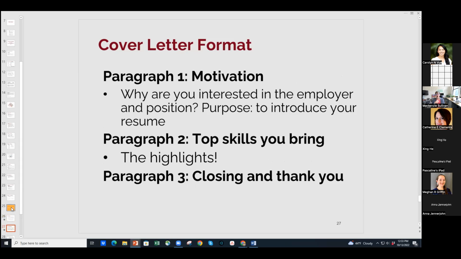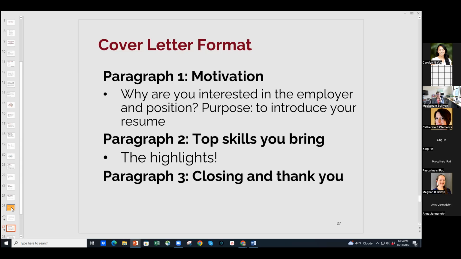And so you'll see various formats for cover letters. People have different formats that they use that are all pretty good, right? All of this stuff is a little bit of an art, not a science, but I tend to think about it this way. The first paragraph is kind of what motivates you to apply for this position. I think this is particularly important, again, for many PhDs. So you want to let them know why you're interested in the employer, why you're interested in the position, coming from the background where you are, because sometimes it won't make sense to an employer.